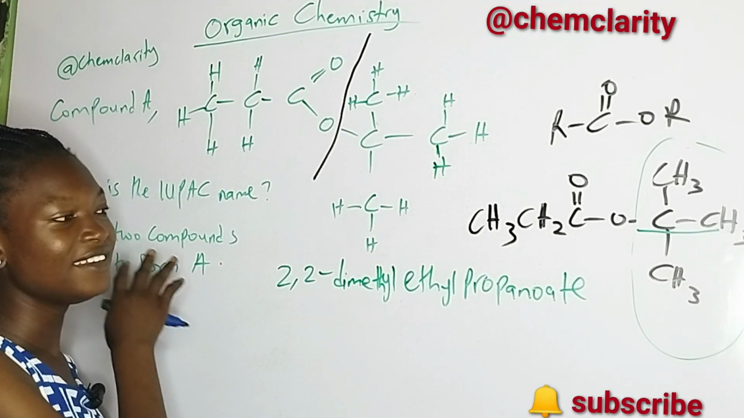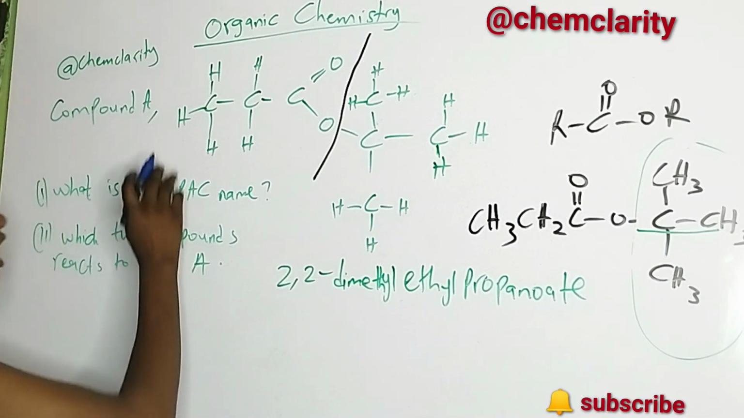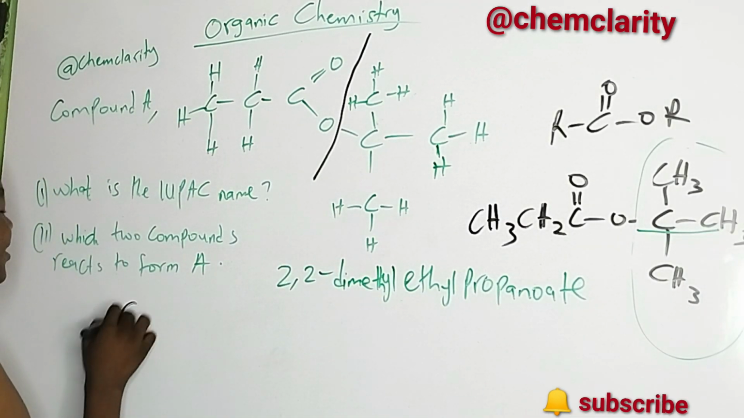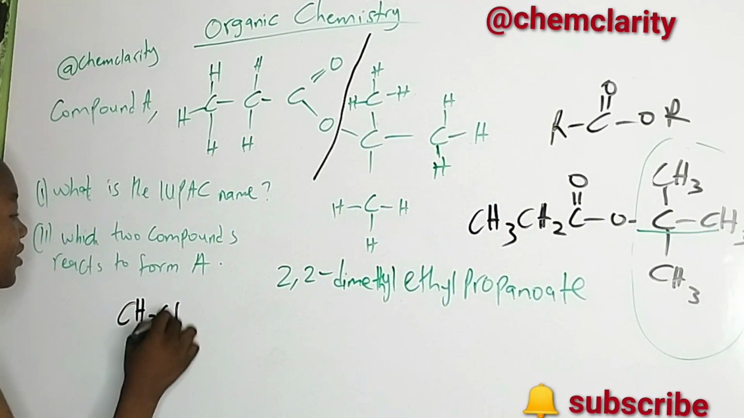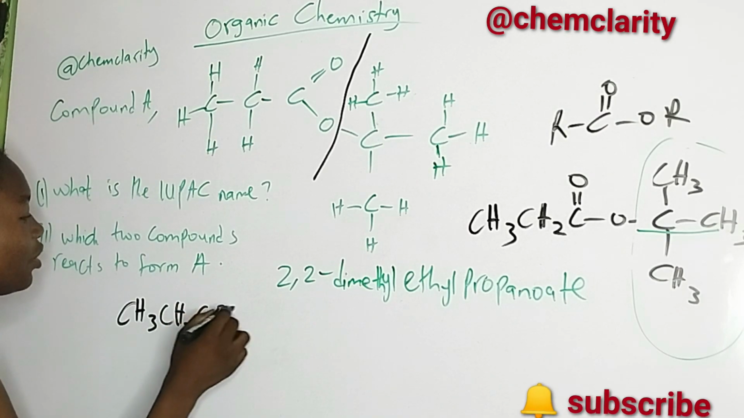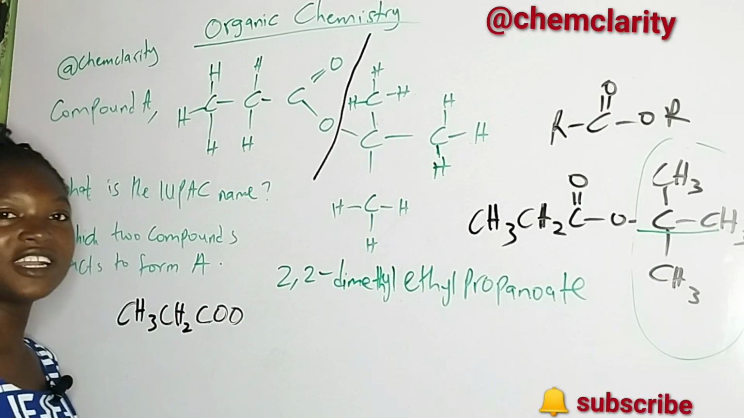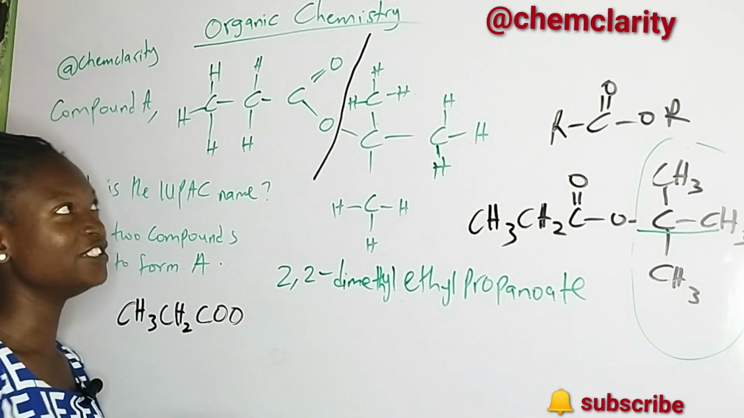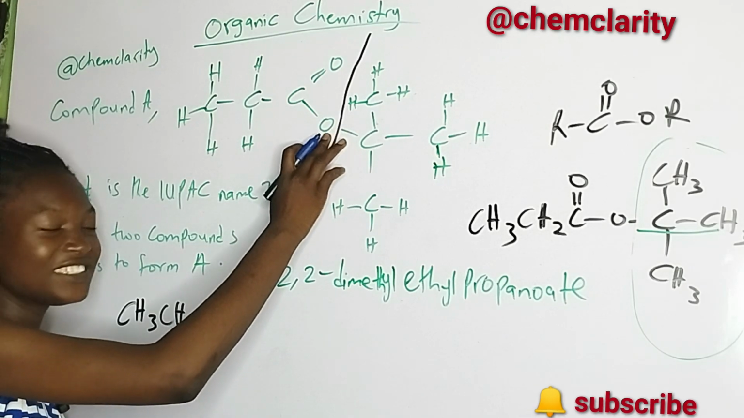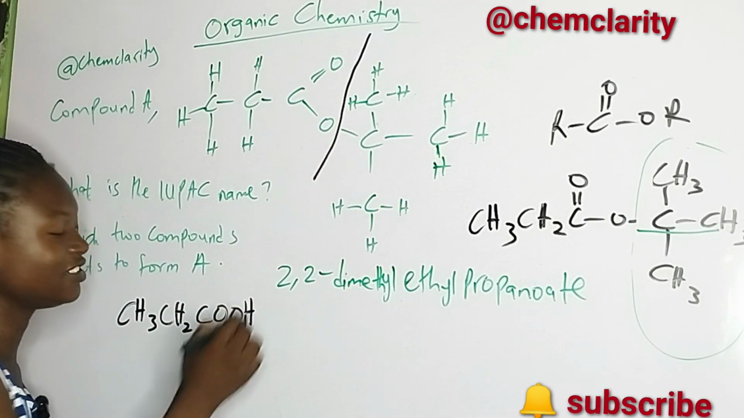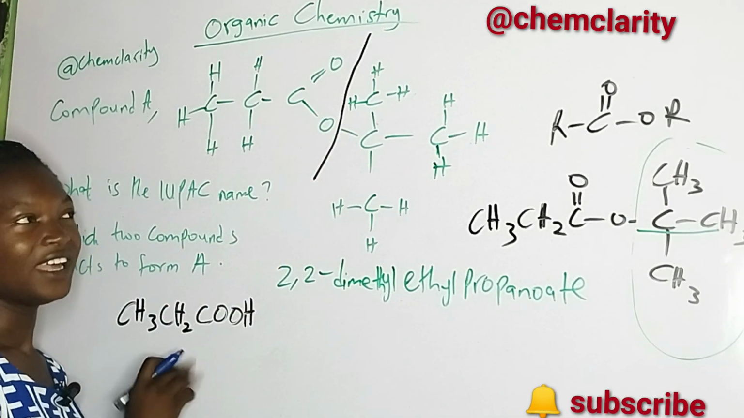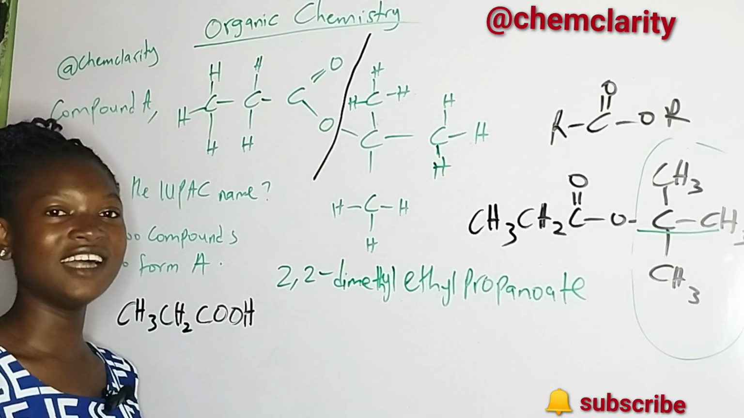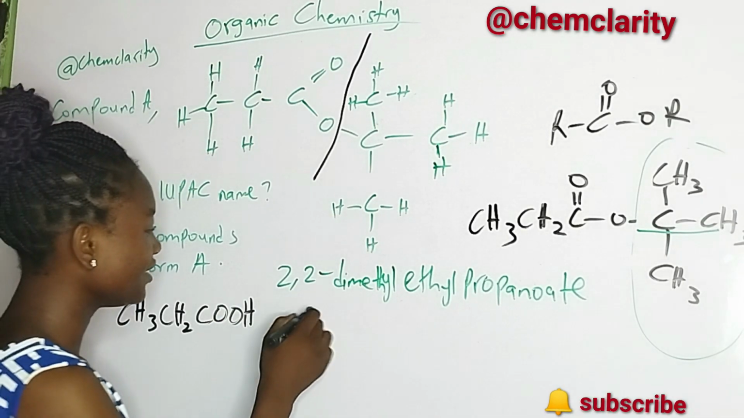to get the two compounds that form A. Now, you write this one to be CH3, CH2, COO. You know that alkanoic is COOH. So you are going to add H at this point. H. This is an alkanoic acid. Then the other one, it is an alkanol. Then you write it and